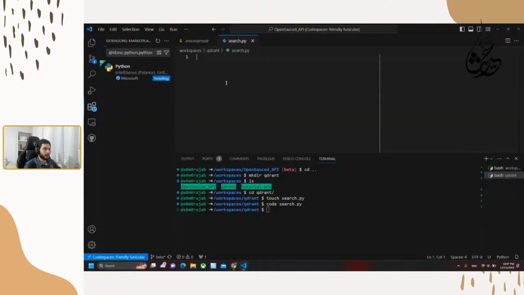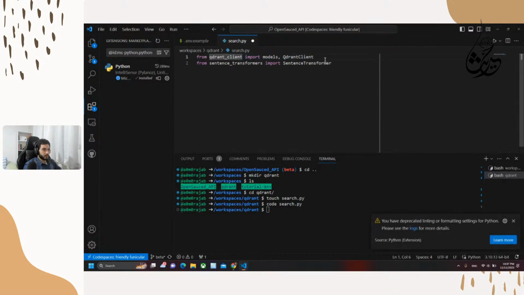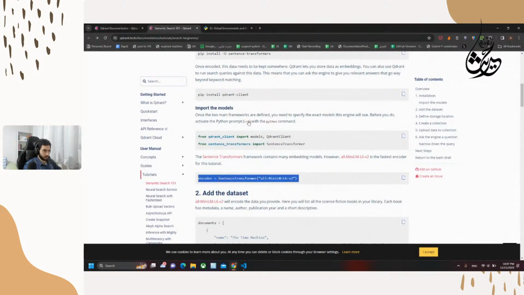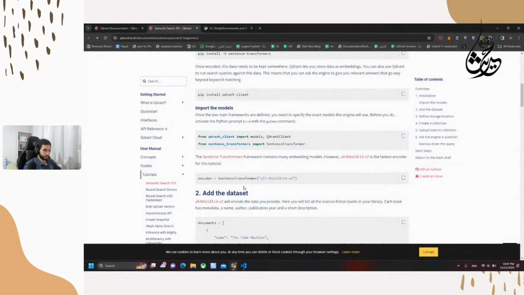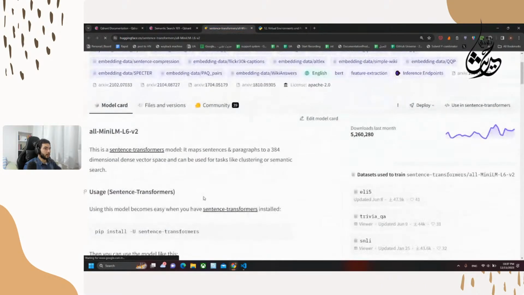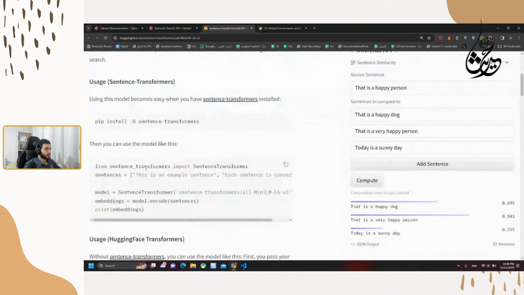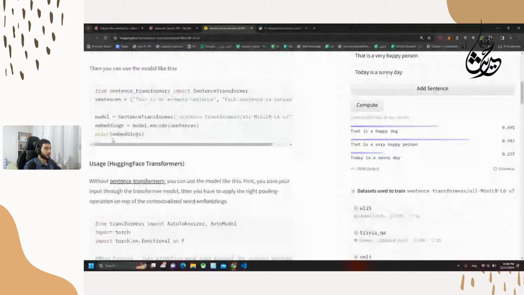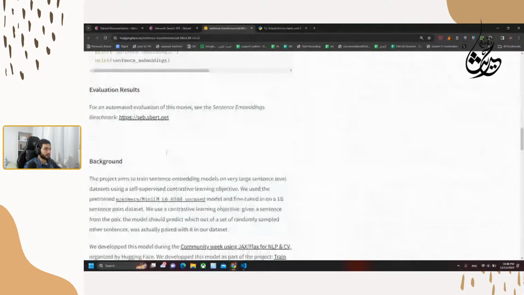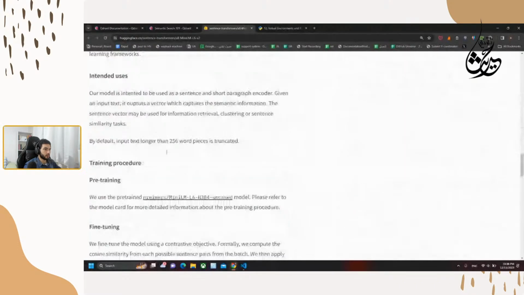Let's just download that as well. And let's just go, we get the client, we are importing the stuff we need from it, which is that client and models. And we are getting the sentence transformer from the sentence transformer package, using the encoder, which is all-MiniLM-L6-v2. This maps sentences to, yeah, we talked about that. Let's see if we have something else. Sentence transformer installed. So here they are talking about how to use that, background and intended use. Okay,